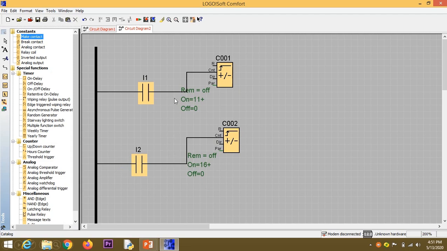Our condition was that either of these two things is satisfied. The output M, the machine, should be in on condition. Whenever OR comes, we should connect in parallel.